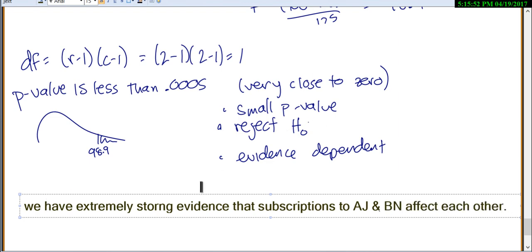Now this is one where they probably both affect each other, really. If you like to read one journal, you're more likely to get more than one journal. And there's probably not, if you read the Atlantic Journal, then you automatically read the Beacon News. It's probably not a one-way street. It's probably going both ways. So we'll just leave it